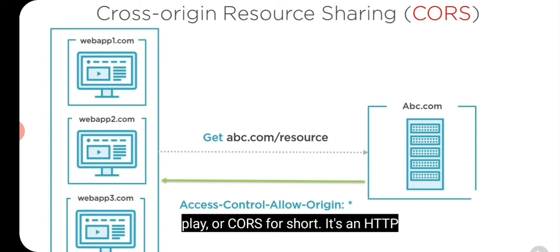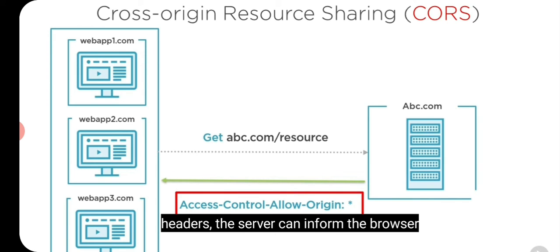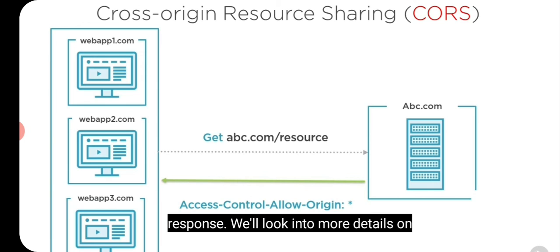It's an HTTP mechanism that utilizes HTTP headers to define origin permissions. Via these CORS headers, the server can inform the browser that it's okay to allow access to some or all origins based on your configuration. The browser will read the CORS headers, and if our origin is part of these allowed origins, it will give us access to the response. We'll look into more details on CORS and how to configure